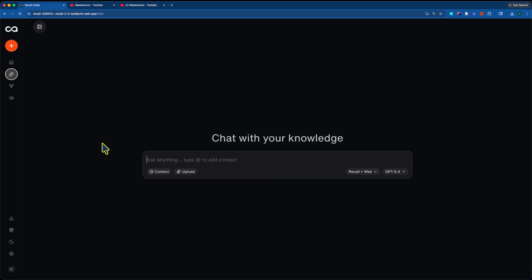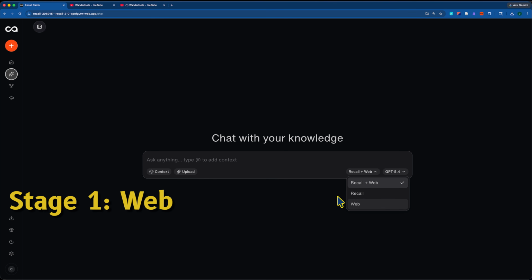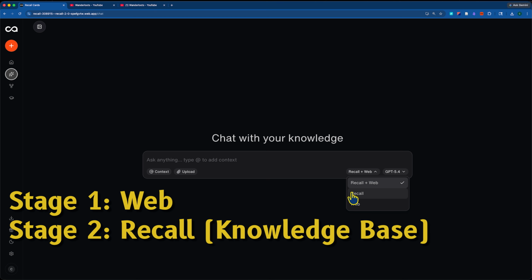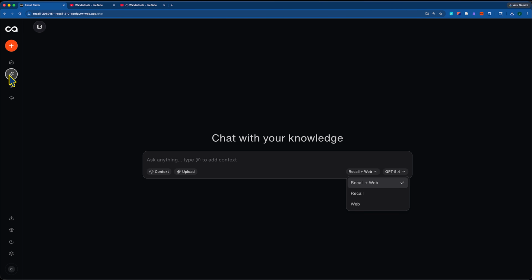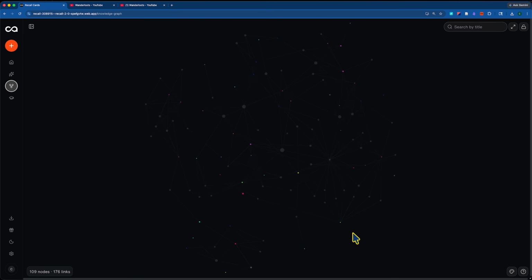On the left, you have the option for the new chat here, which is a major update. This is one of the biggest updates so far that I'm excited to get into. We now have the option to search the web, Recall knowledge base, or both together. So that's a really powerful combination that I think unlocks a lot of the knowledge base that we're curating inside